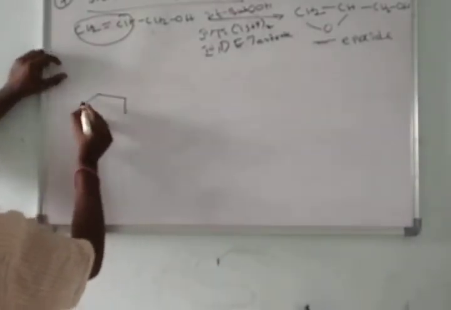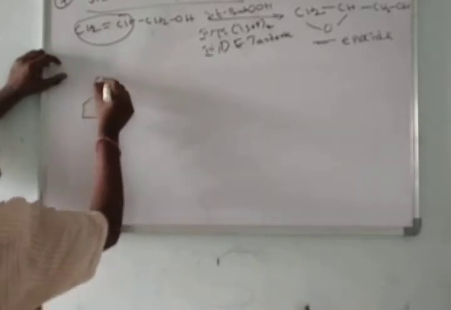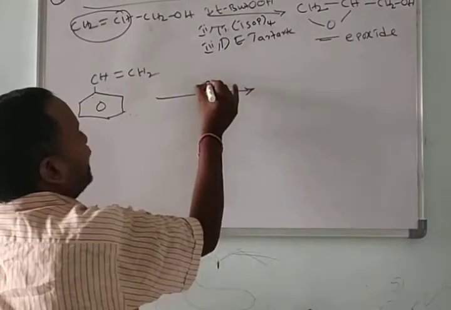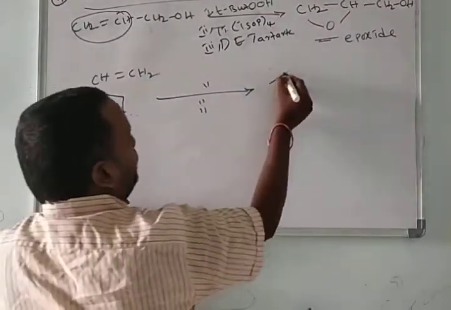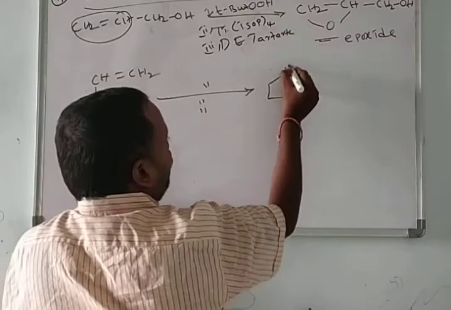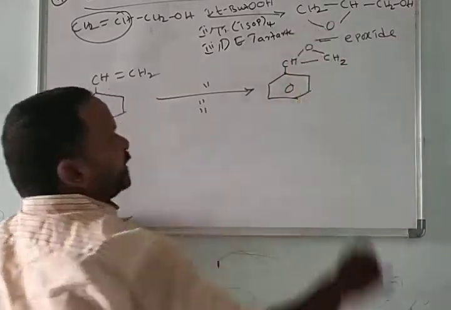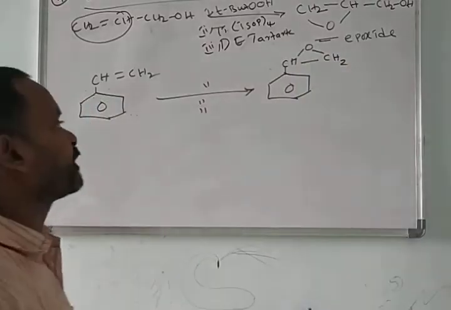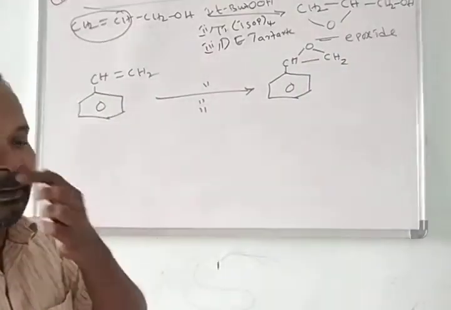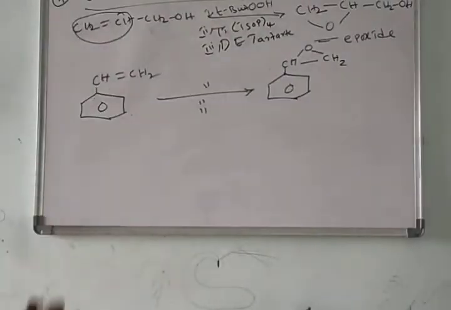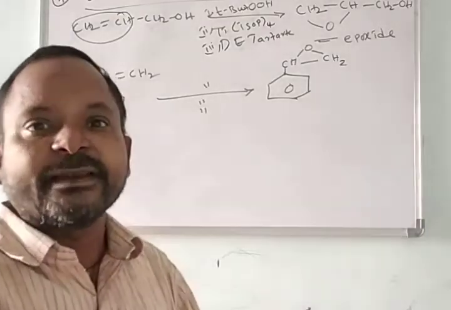Here I am taking one simple molecule, styrene. Already we know about styrene. This is the styrene. Vinyl benzene we called as styrene. Okay, if vinyl benzene styrene undergoes Sharpless epoxidation, what happens here? Okay, here we'll get the epoxide. This is the ethylene epoxide of benzene. This we simply called as Sharpless epoxidation.